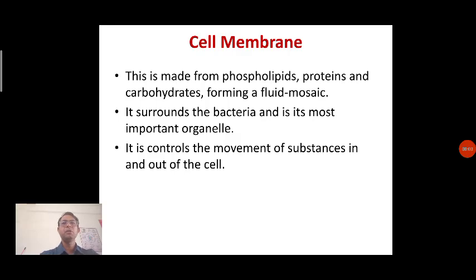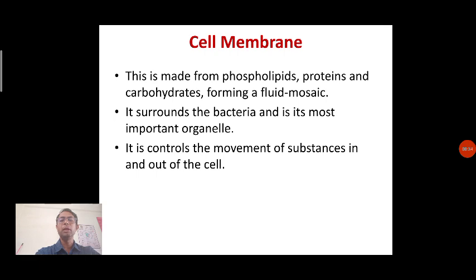So in the last lecture we have gone through the cell wall, and in today's lecture we are going to look at the other features or structures of the typical bacterial cell. So we are looking at the prokaryotic cell, and we know that prokaryotic cells include mostly bacteria, and the bacterial cell is the best example of a prokaryotic cell. We have gone through the cell wall of bacteria, and in today's lecture we are going to look at